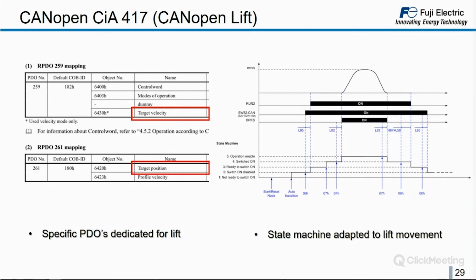Yeah, of course, another option is to do a speed control, which is just a lift controller sending target speeds into the inverter. But this is something known, and this is something you do already with the digital inputs with the standard controllers. Okay, and then finally we have a state machine adapted to the lift movements.